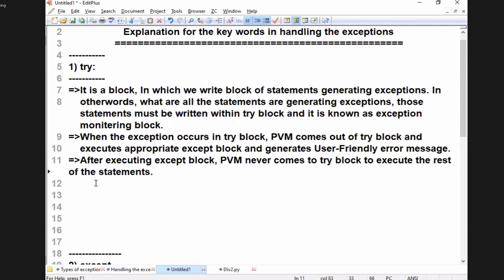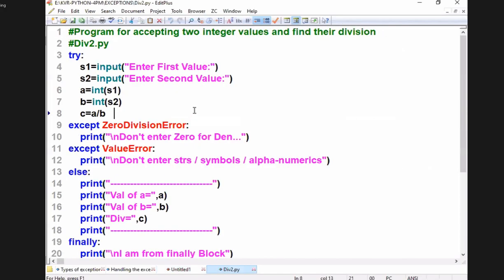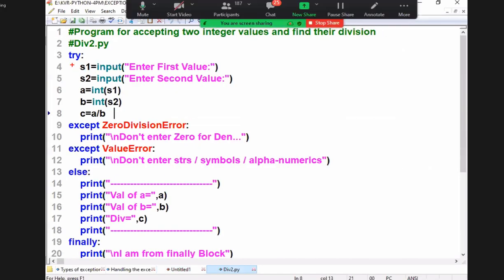One more important point I am going to give you. Programmatically, try to observe: after writing the try block, we are writing the except block.